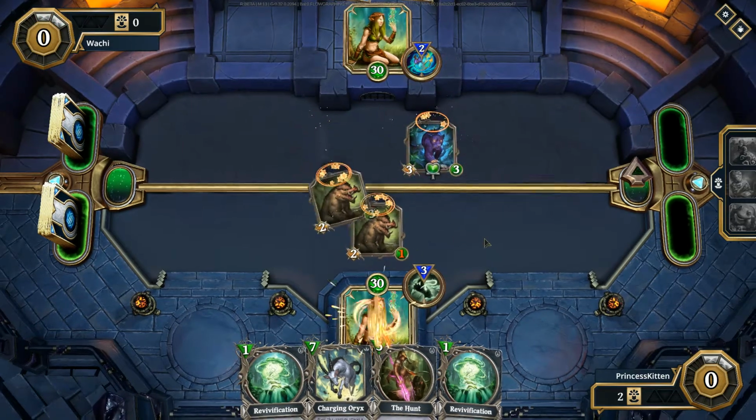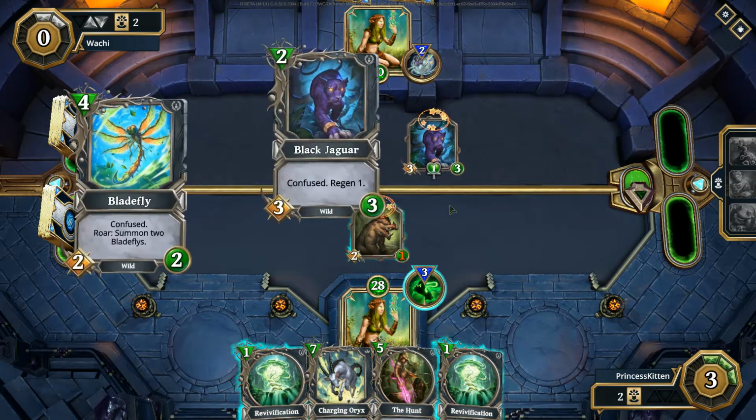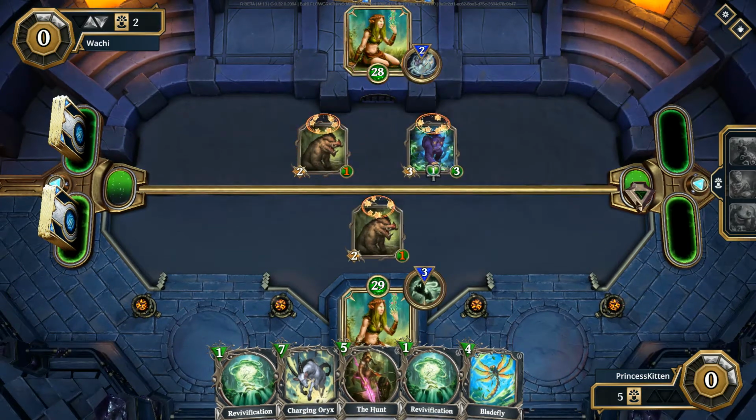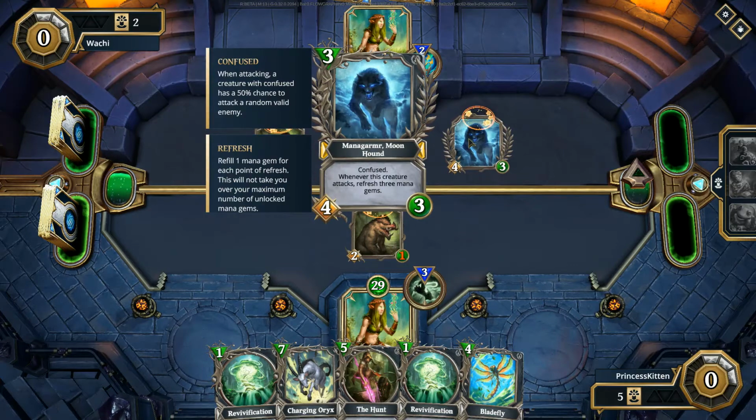Three-three. So he's swinging a miss. So I get to pop one off again. Wanted to hit this. Nope. So same thing. Fine. I mean, it was better it went there than here. So four gets the blade flies out. This refreshes mana, right? Yeah, so that's...